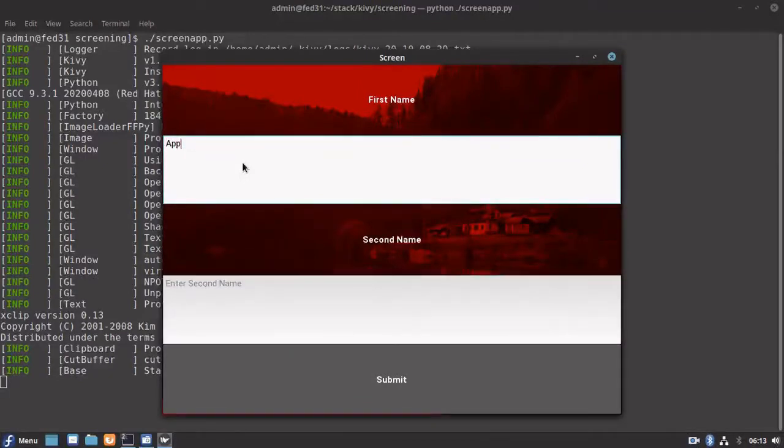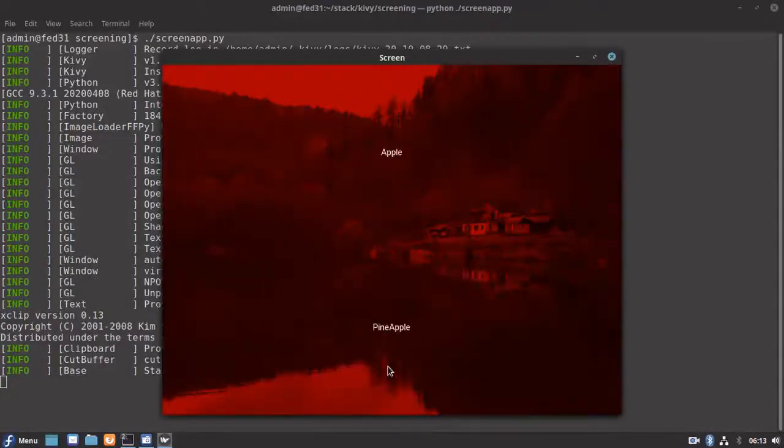Let me enter something here again, apple, pineapple. Okay, so here you go. We have our UI ready with all the modifications, and we are able to switch from screen 1 to screen 2. Now let's see how we can get back to the first screen.